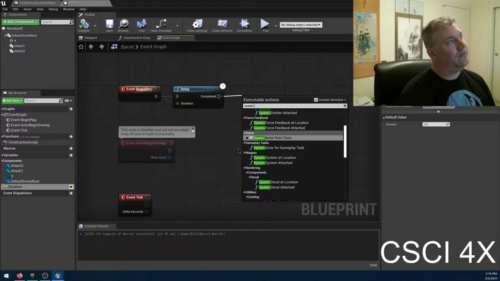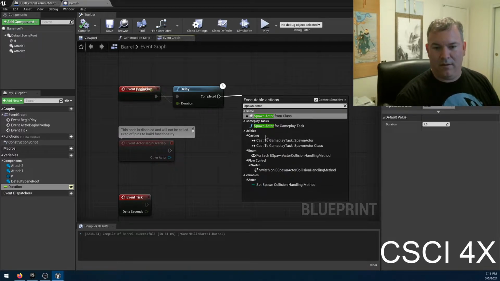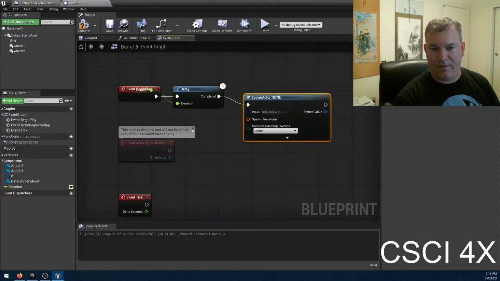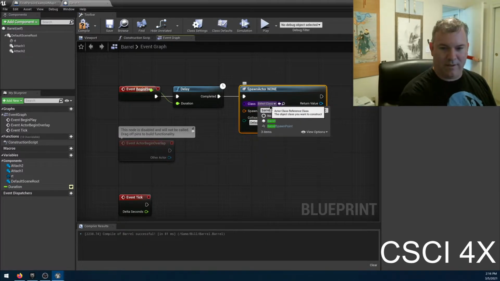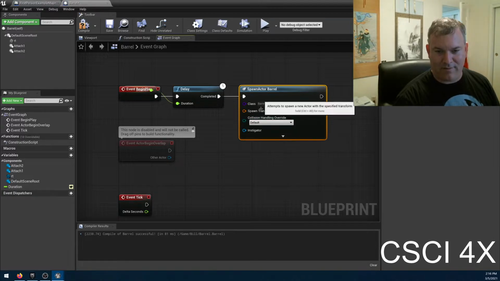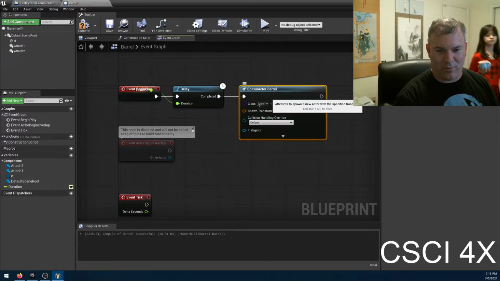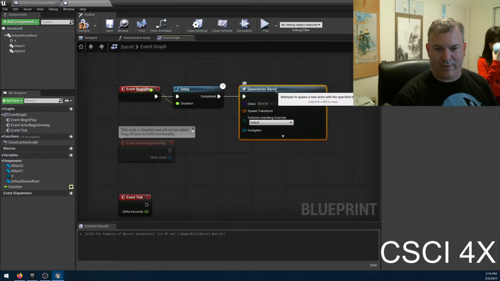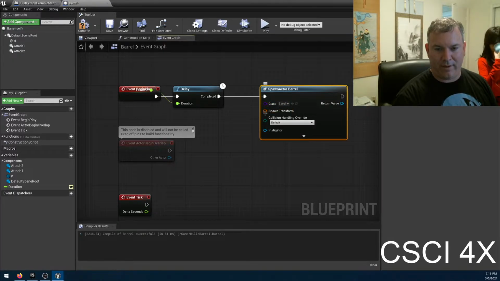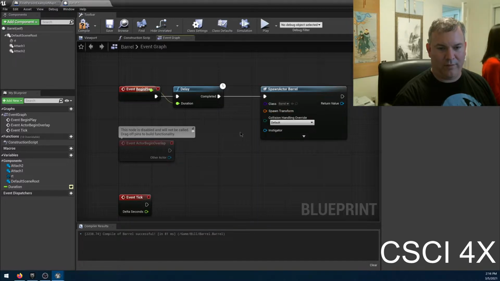Let's see, what do we want to do? Oh, we want to spawn an actor from class, and we're going to pick the barrel class. We're going to attach another barrel to us. So this is going to become recursive, and it will become very horrible, which will be amazing. Okay, so we're going to spawn a barrel, and we're going to get the transform of one of the